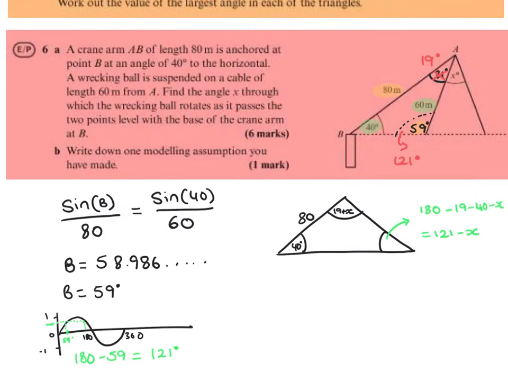Okay, so now that we've found the angle, even though we've done this, it doesn't give us any help. So, you know, at least we've tried it. But because it tells us that this is a wrecking ball, this line, and it passes the 2 points level with the base, this isn't actually an isosceles triangle. The lengths never change, okay? So we now know